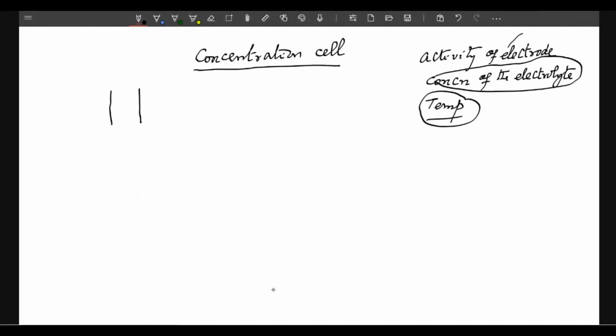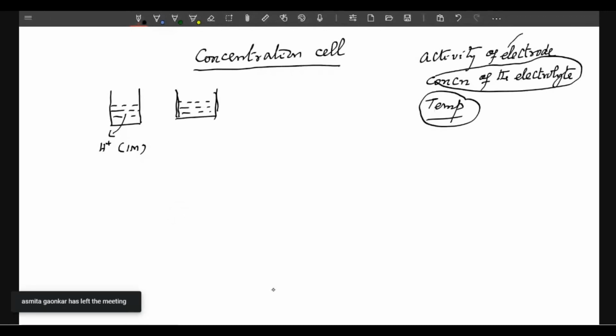I am taking this H plus ion, acid of 1 molar concentration. In the cathode compartment also, I am taking H plus ion, 1 molar concentration. Here I am passing hydrogen,